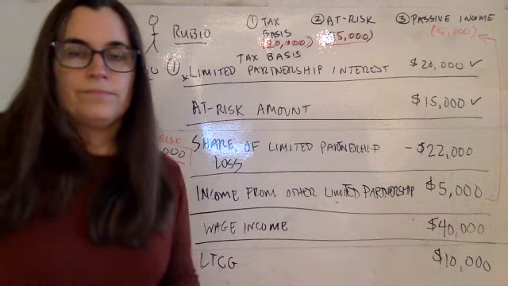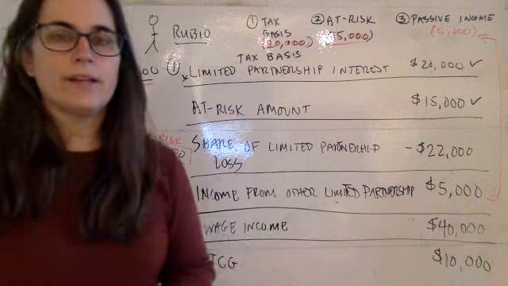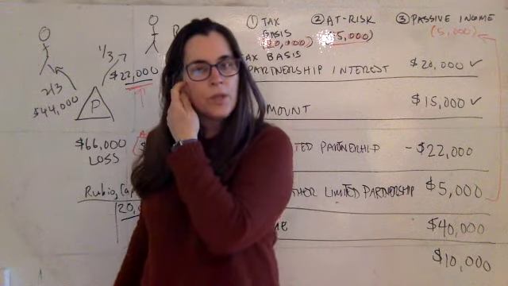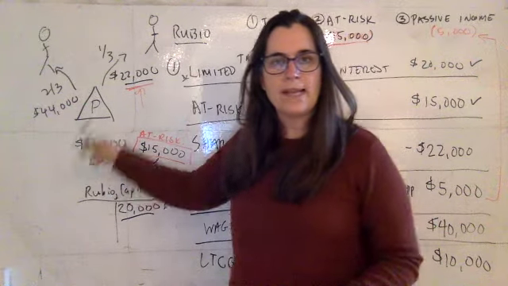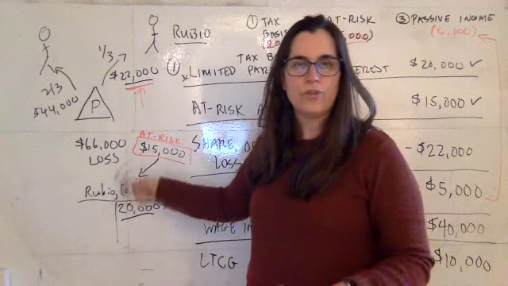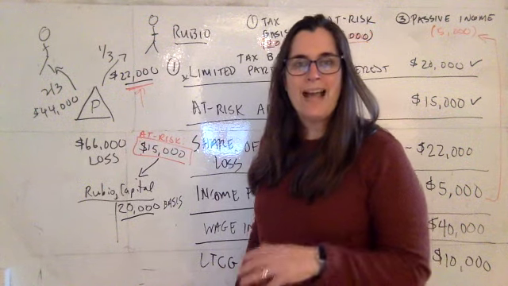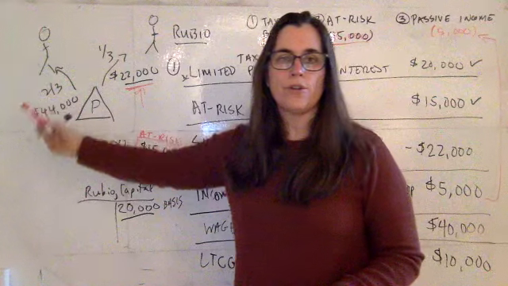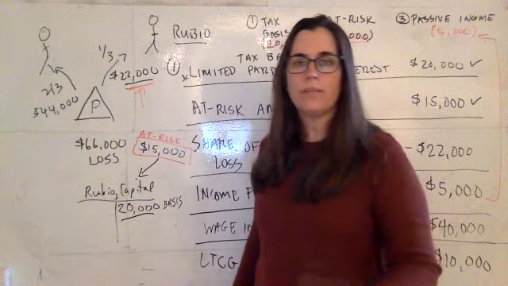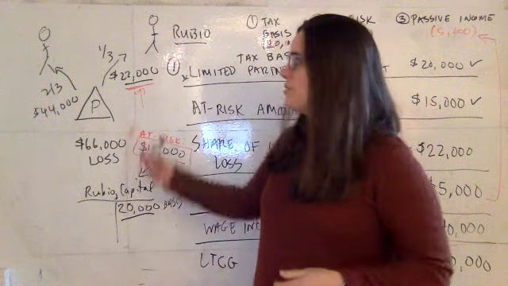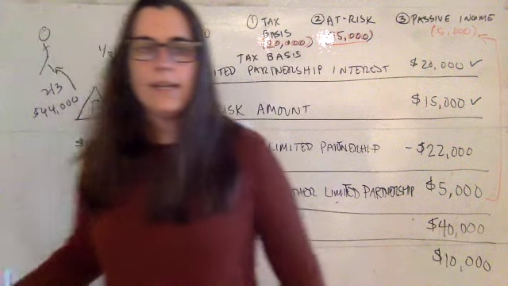There's a third rule, the passive income rule. This looks at the idea of passive versus active income. So let's pause and talk about that for a second. Rubio is in this partnership and he's standing off to the side, just pumping cash into the partnership as needed. The initial tranche of cash was $15,000. He's not like the other partners who are actively going into the office, contacting customers, pounding the pavement, trying to drum up business. He's got another job where he's earning wage income, and he's simply providing cash.